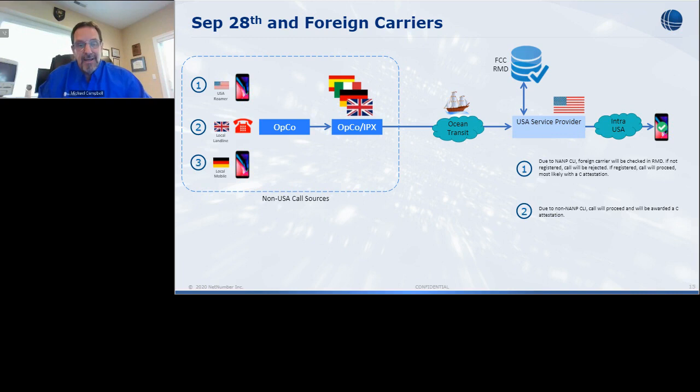The call will, of course, get a C attestation, and it will be delivered probably without any kind of verification mark. Again, as Jim just mentioned, if mom and dad are in my contacts list on my phone, I'll get their caller ID and I'll know I should answer that call. But in the absence of that, there'll be nothing that visually separates that call from my mom and dad in Germany from a fraudulent robocall that's come in from overseas. So it's six of one, half a dozen of the other there.